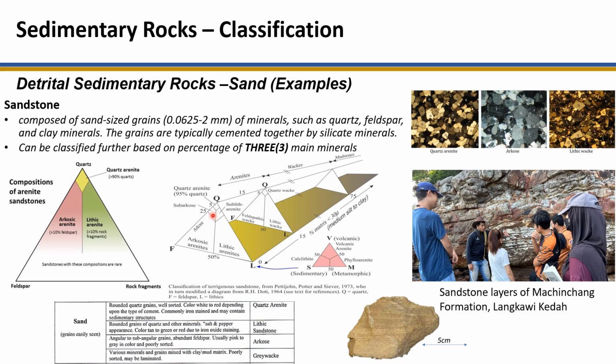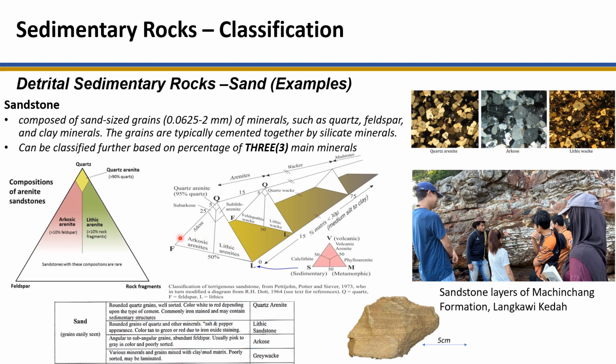These subarkose and sublithic sandstones are made up of at least 25% of feldspar or rock fragments, respectively. So they are typically pink, red, or orange in color because of the presence of feldspar and also rock fragments. So arkose